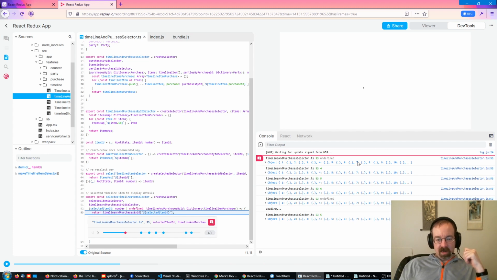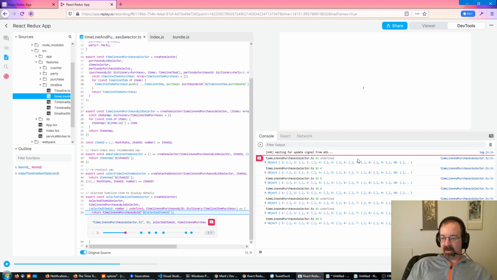Okay, so it's rerun the updated logging statement at each of the 7 hits that occurred for this line. And I can see that we're going back and forth between